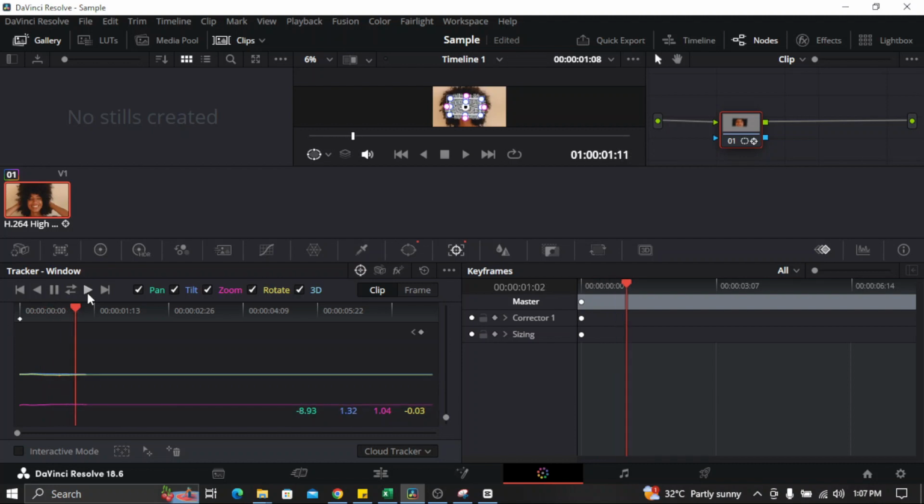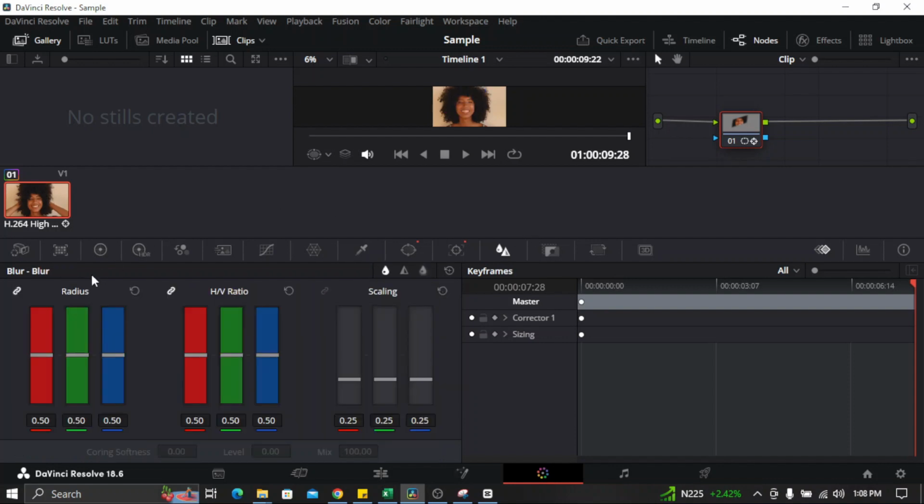And all you need to do is wait until the tracking is done or until the subject is out of the frame. You can see here that the process is tracking the face of our subject. And once the tracking is done, all you need to do is go to this section, which is the blurry or the blur section. Click on it, and here you'll see radius. All you need to do is drag this slider up,